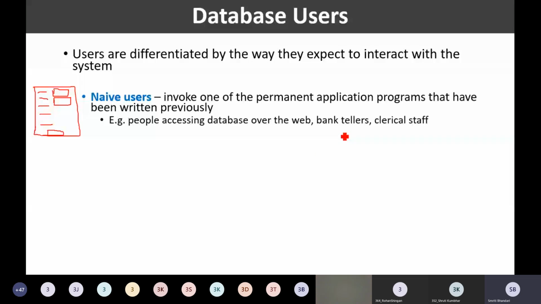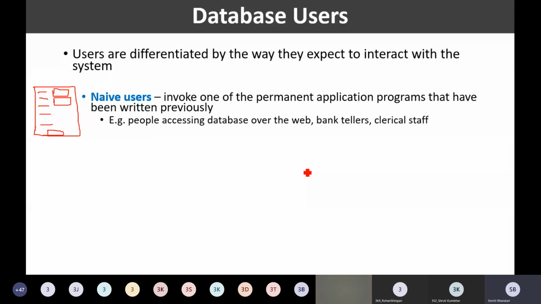Correct? So that is what we mean by the naive users or the end users. I hope you must have understood, right? The bank tellers are the naive users. So if you go personally to the bank and ask the clerk or the teller regarding the balance of your account, that person will use some application program, right?